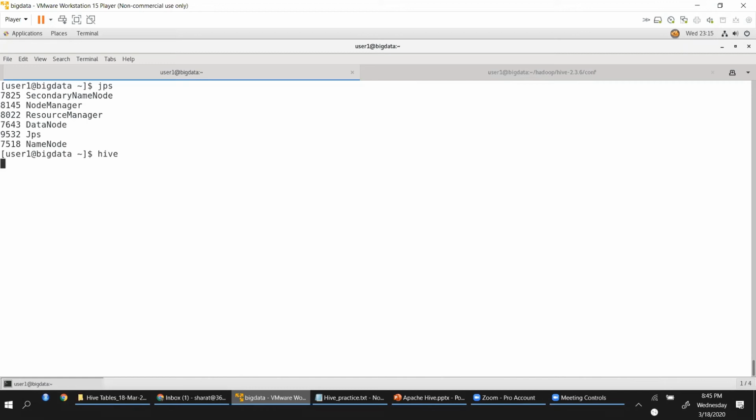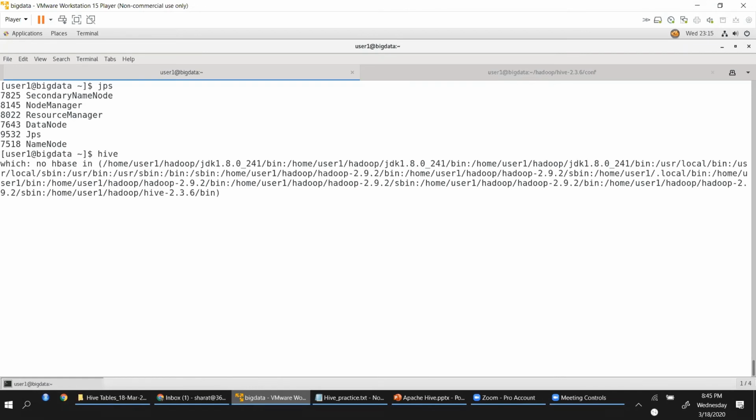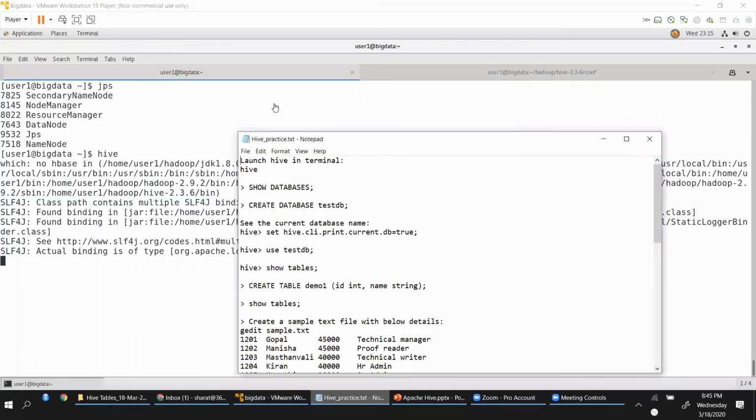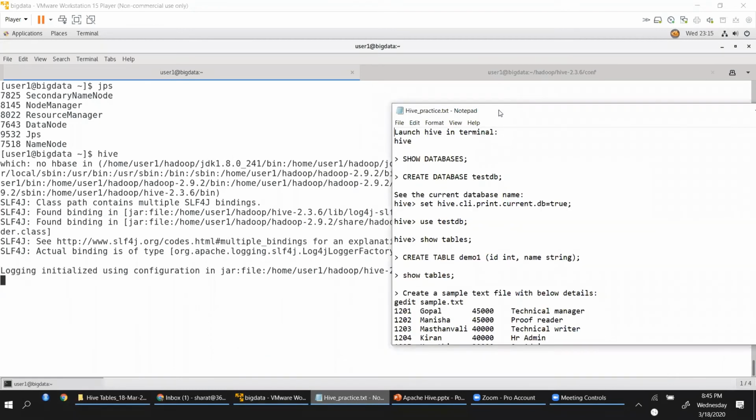To launch Hive, we just say hive. I have a small list of commands. Okay, so we have Hive here.